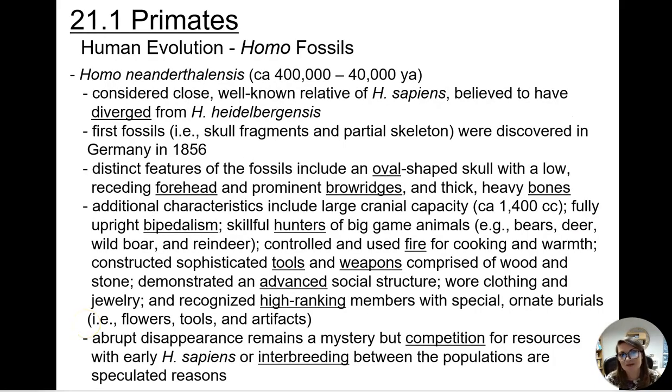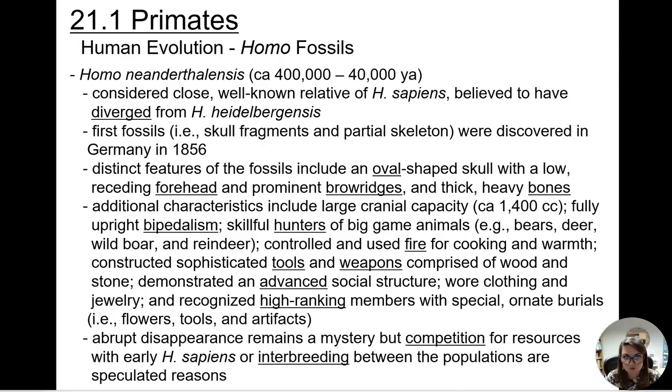Next, we're going into the Neanderthals. These appeared 400,000 to 40,000 years ago. They're considered close, well-known relatives of Homo sapiens and believed to have diverged from the Homo heidelbergensis. The first fossils, a skull fragment and partial skeleton, were discovered in Germany in 1856. Distinct features of the fossils include an oval-shaped skull with a low receding forehead and prominent brow ridges with thick, heavy bones. Additional characteristics include a large cranial capacity of 1400 cc's, fully upright bipedalism,